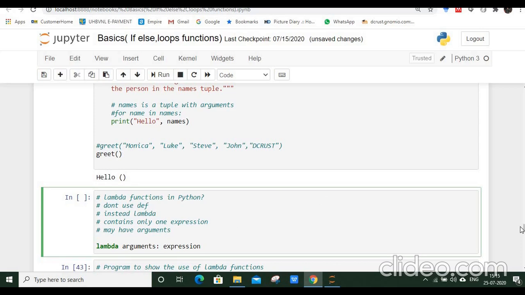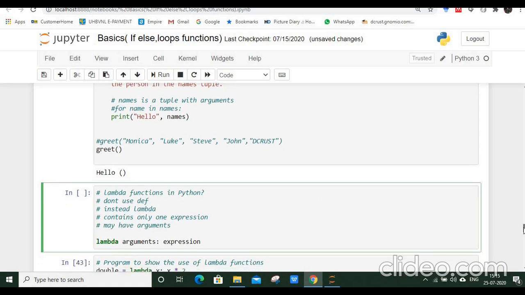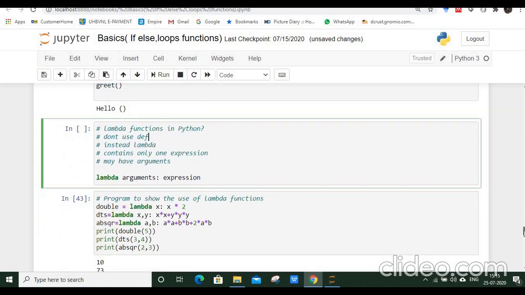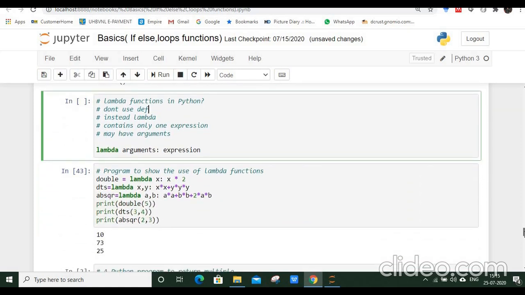Okay, then the last thing in user defined functions in Python is the lambda function. Lambda function is similar to inline functions in C++, where we have the function definition at the time of the call itself, and we prefer to have a lambda function when the body of the function is very small.